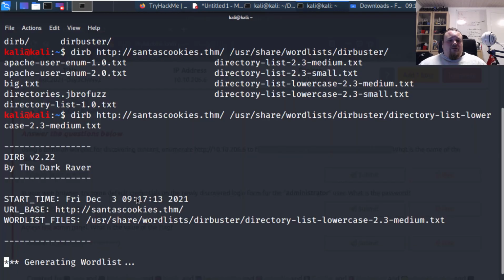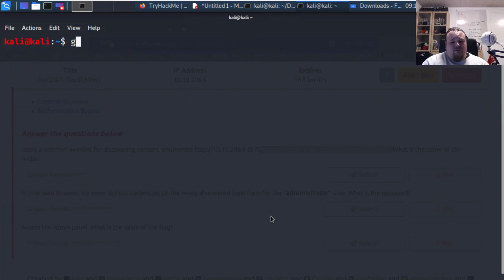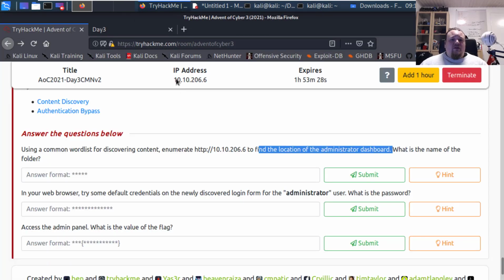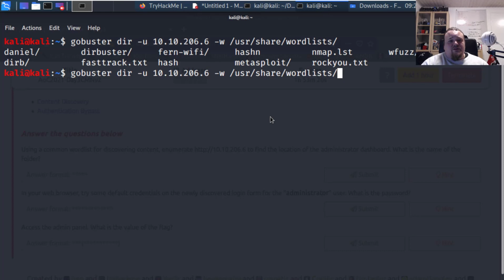So this is still generating, so I'm going to go ahead and use GoBuster as I usually do. It's going to be this, no, that's not the IP address. It's going to be this IP address. I'm going to put that in, and the word list will be